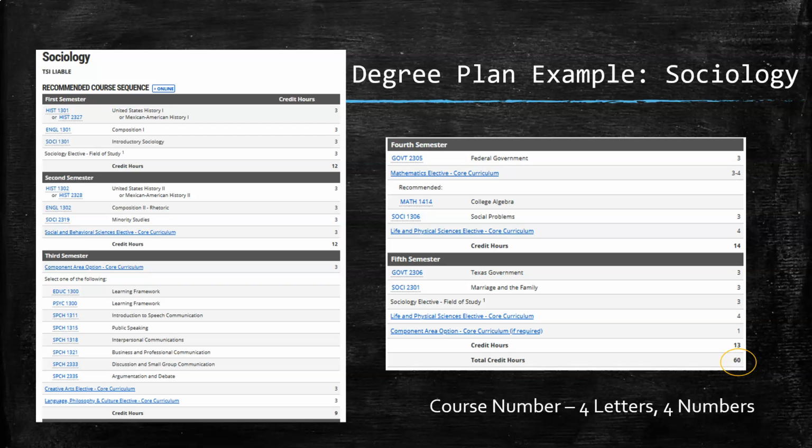requirements. So for example, we already know that History 1301 or History 2327 or History 1302 or History 2328, those fulfill the core requirement for 6 hours of American history. We also know that English 1301 and English 1302, those are going to be the ones that fulfill your core requirement for 6 hours of communication. And we also know that Government 2305 and Government 2306, those fulfill the core requirement for the 6 hours in